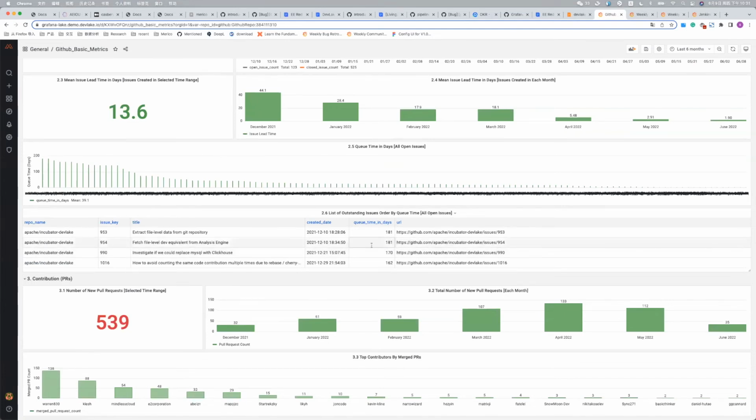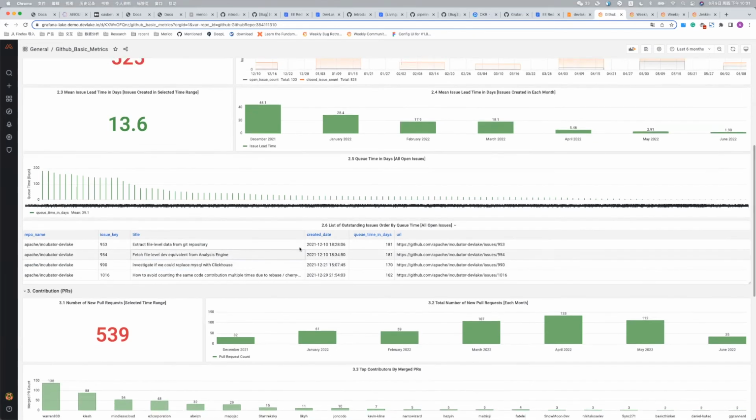And in 2.6, we can see the outstanding issues ordered by the queue time, which means the time from issue creation to now. Yeah, and we can see that there are issues which have been created 6 months ago, which is a